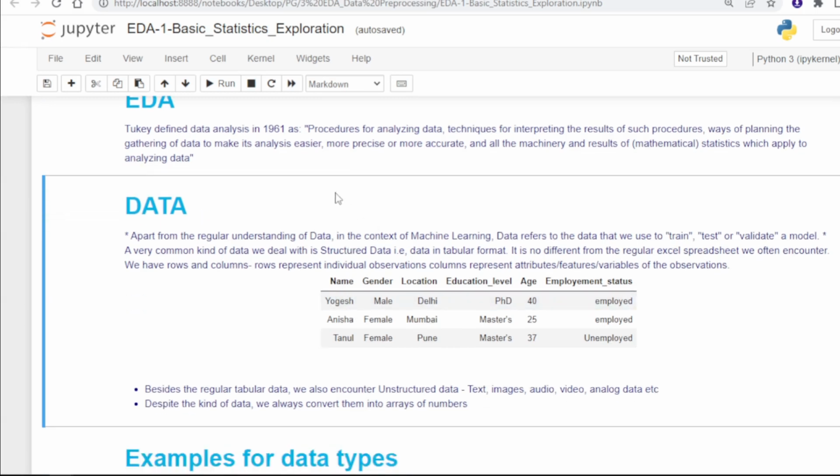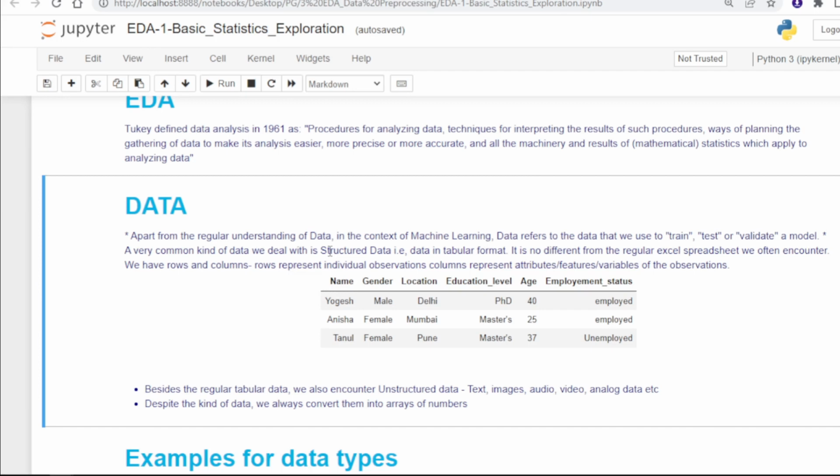Now we have been talking about data. So what basically is data? We can understand it as some raw facts, right? In terms of machine learning, data refers to the data that we use to train, test, or validate our model.